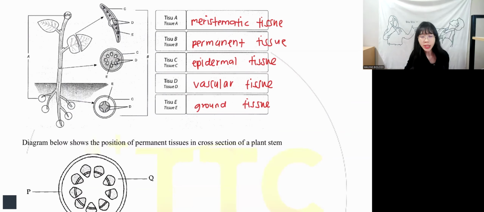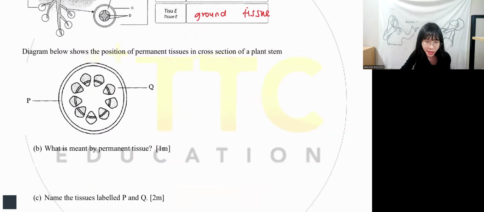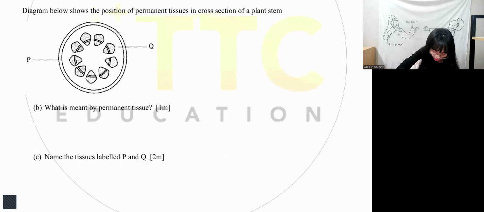The diagram below shows the position of permanent tissue in the cross-sectional diagram of a plant. What is meant by permanent tissue? Permanent tissue, as you mentioned, is a mature tissue. How do we define it as a mature tissue? They have to carry out a process called differentiation. Very good. Every cell that undergoes differentiation will have a specific function. Very good. So we have to say